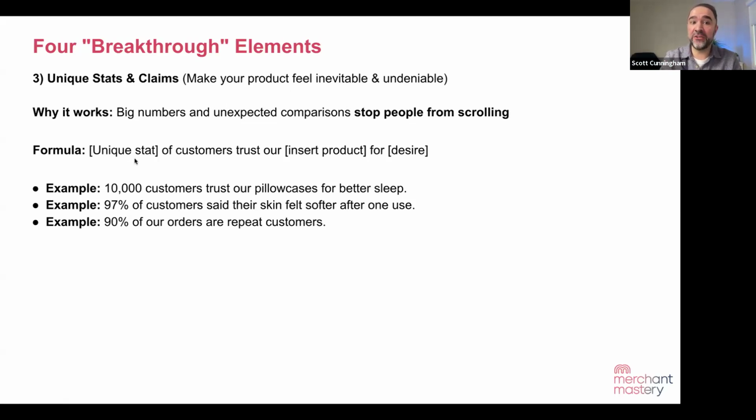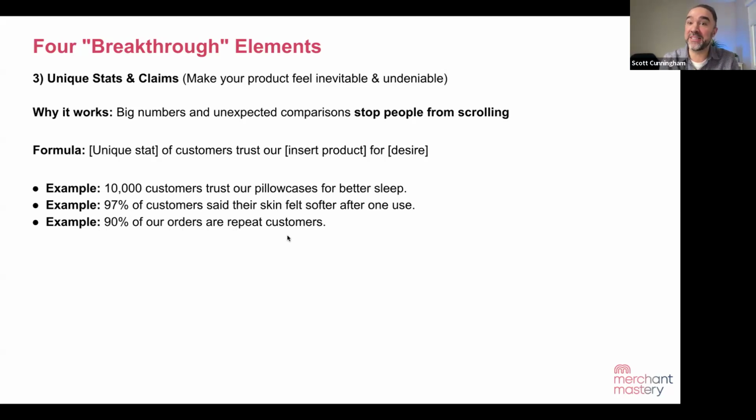Okay, so the formula here is: unique stat of customers trust our product for desire. 10,000 customers trust our pillowcases for better sleep. 97% of customers said their skin felt softer after one use. This is a real one from Hello Mellow, Tracy and Kimberly in Merchant Mastery. 90% of our orders are repeat customers.